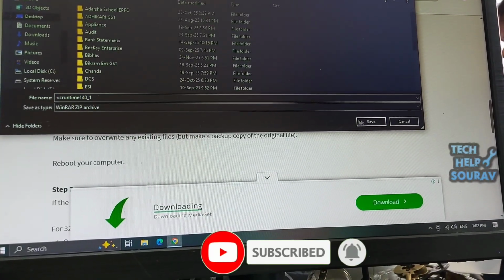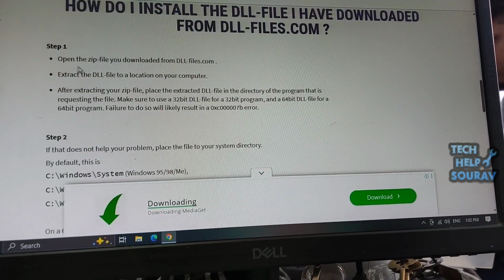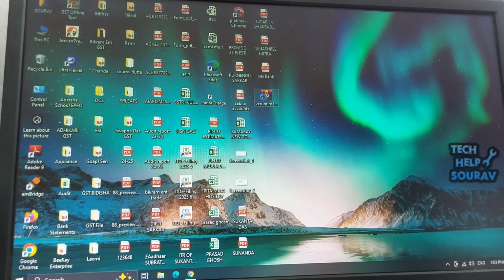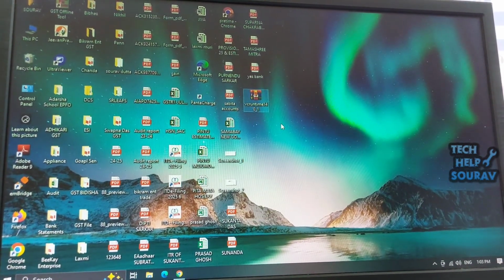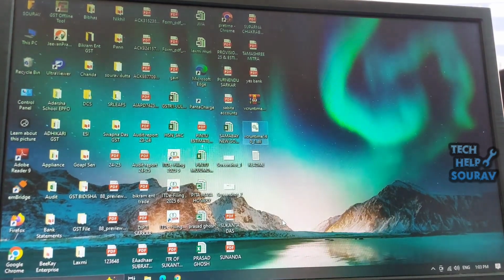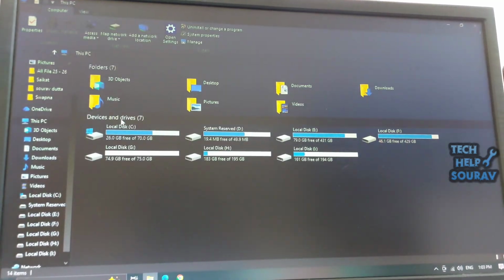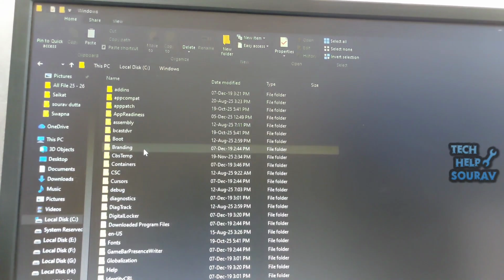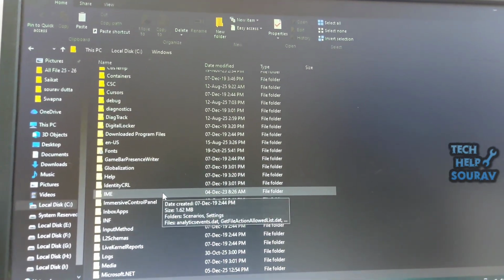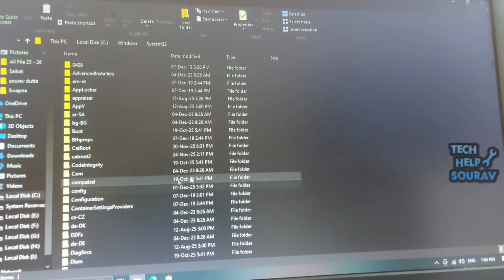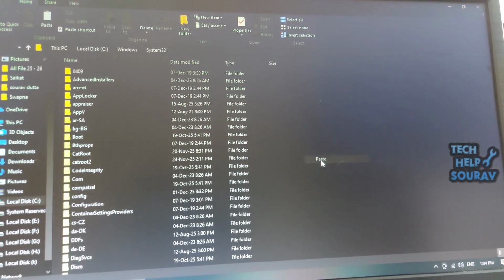After downloading the file, go to the path where you downloaded it, right click on the file and extract it here. After extracting the file, the VC runtime 140 file will appear. Copy that file. After copying the file, go to This PC, then go to the local disk C drive. Then click on Windows, then search for the System32 folder, and after searching, open the folder and paste the copied file